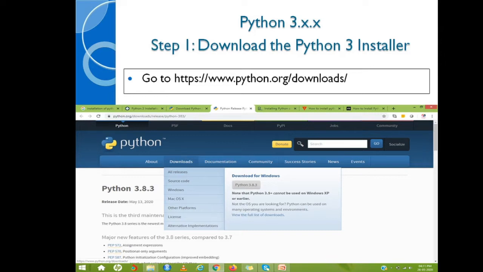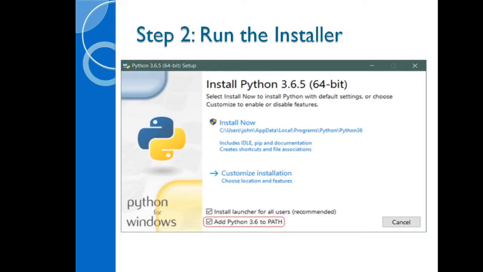So you can just click that and download that. Once you download it, it will be saved in some location. Then you have to run the installer, and you can also click this add Python. This is an old screen, so here you will have add Python 3.8.3 to path, so you can select that.